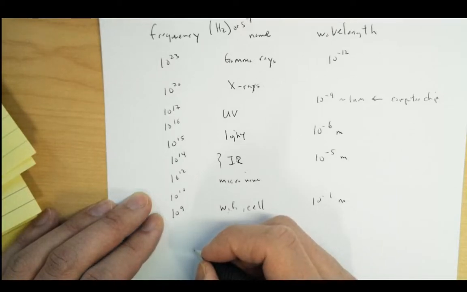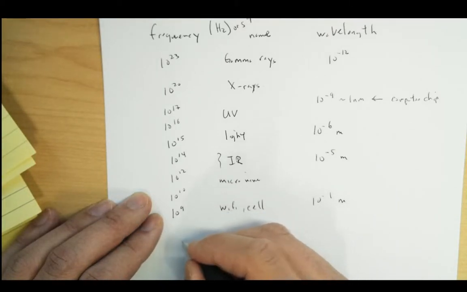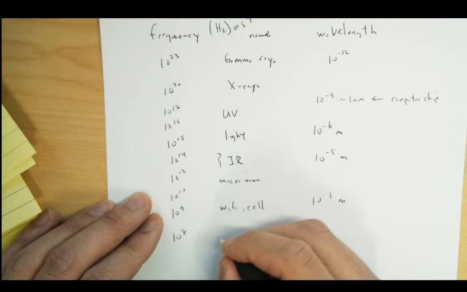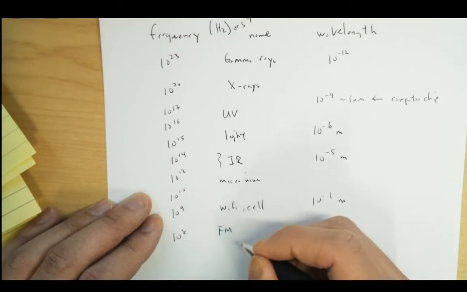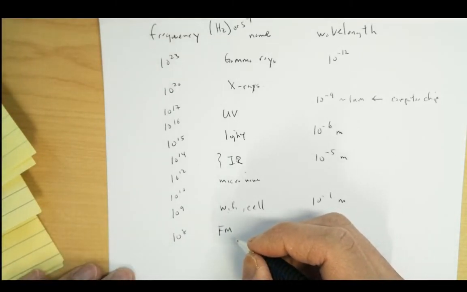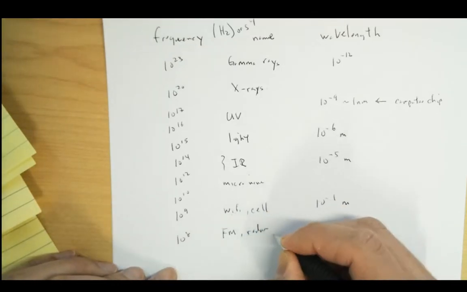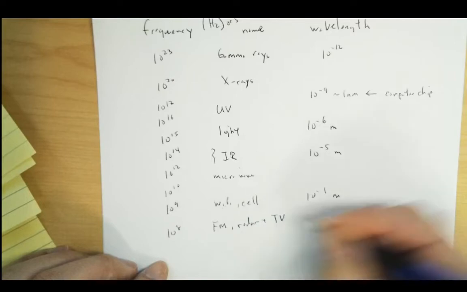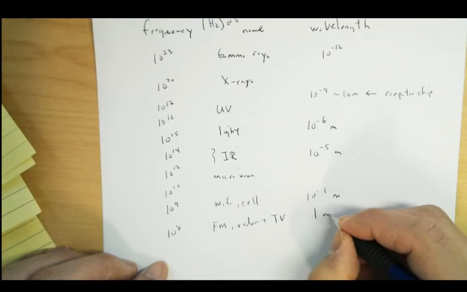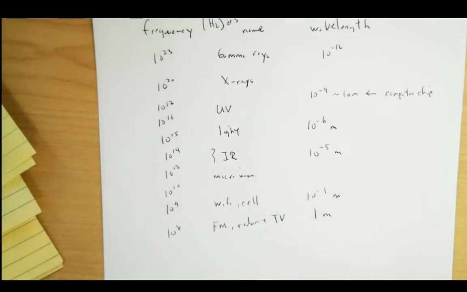And then what we have here is 10 to the 8. This is FM, for those of you who know what a radio is these days, plus radar and TV. It's about 1 meter or so. Why 1 meter? Well,